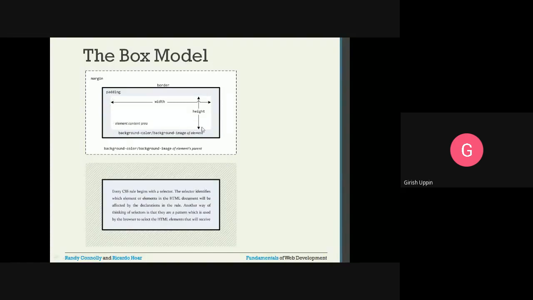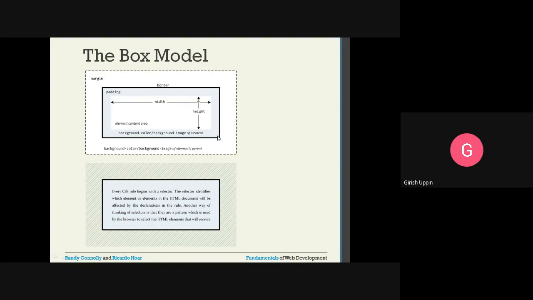And this content can have a padding from the element border. This is the element border, and padding is nothing but a space between the content box and the actual element border. So you can have the content spaced from the actual box, which is called padding. Similar to margin, we can have padding on the left, top, right, and bottom. And this particular space is used for the background color of the element or the background image of the element.